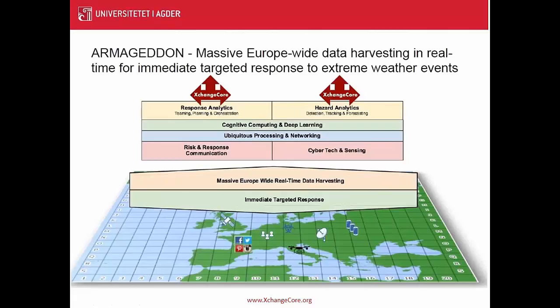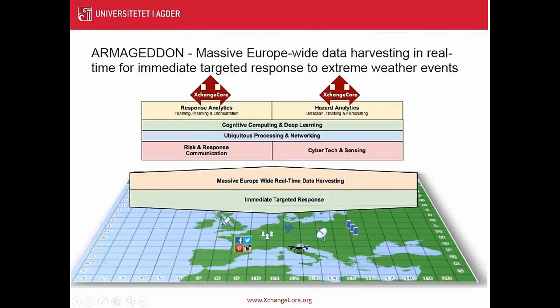They're ubiquitous processes, and the cognitive computing, I would call that equivalent to what we talked about in XchangeCore as the data orchestration. They're creating a number of different algorithms that may help or will help that to be significantly better. And then the information gets divided into two different components. Left-hand side, response analytics, and the right-hand side, the hazard analytics. And in each of those cases, XchangeCore is the way that those sets of information will then be pushed out